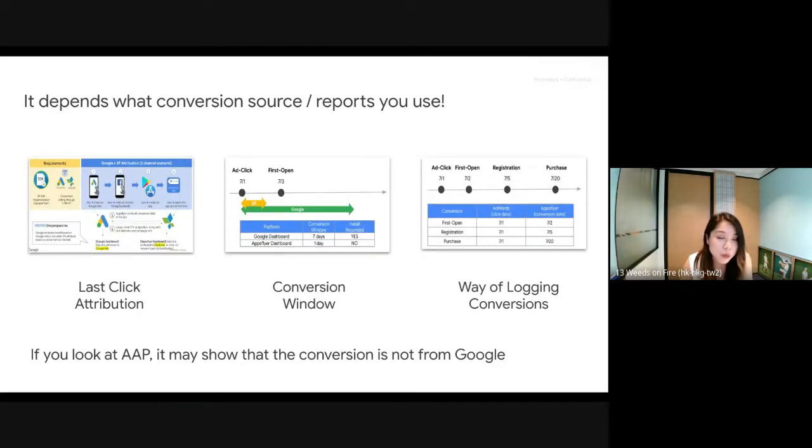First, which platform are you using? For example, if you are bidding on AppsFlyer as an attribution platform, then they will most likely use the last click attribution method, so Google will be attributed. However, if those channels are completely swapped, then Google will not get that attribution.